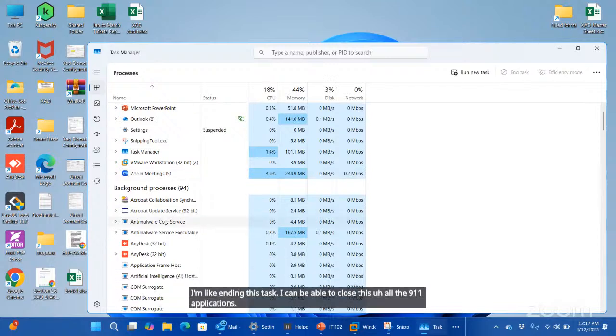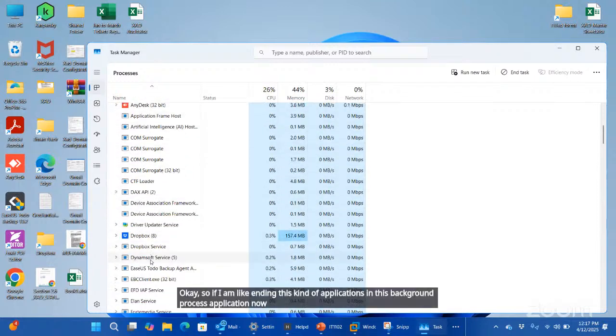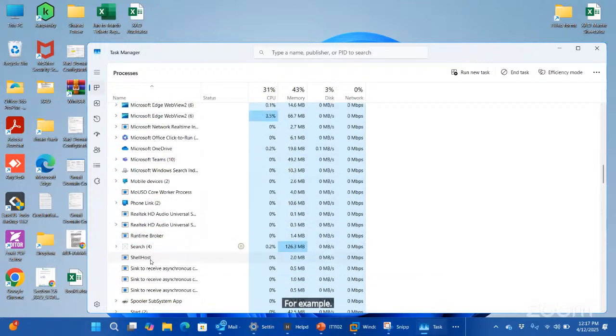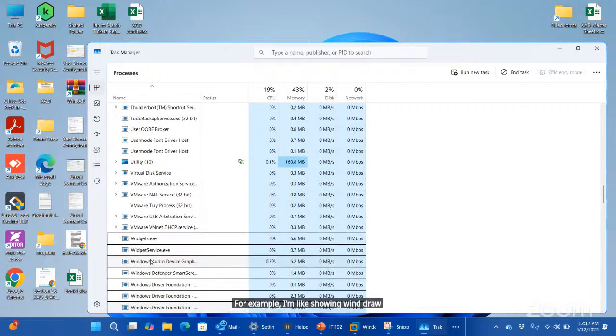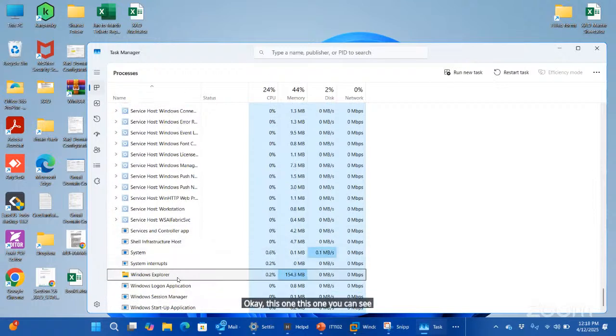So if I am ending this kind of application in the background process, some of the applications have already been pre-installed on this operating system. For example, I'm showing Windows Explorer. You can see this Windows Explorer, right?